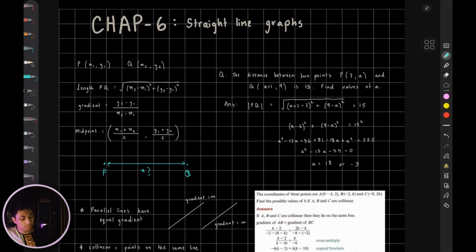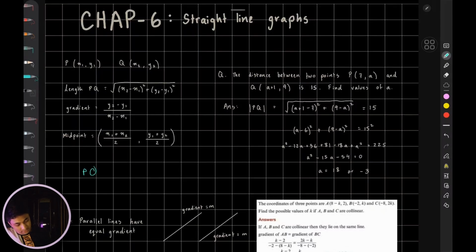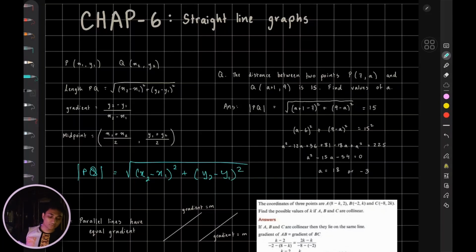What is the distance between point P and Q, given they have the coordinates x1, y1 and x2, y2? Now we can use a simple formula to find the distance directly, which is the magnitude between both of these coordinates. So the formula says the distance between PQ, or PQ mod, is going to be given by root over x2 minus x1 whole square plus y2 minus y1 whole square. So this is the formula you use to find the distance between any two given coordinates, any two given points,